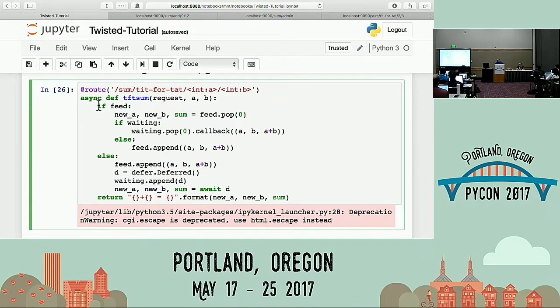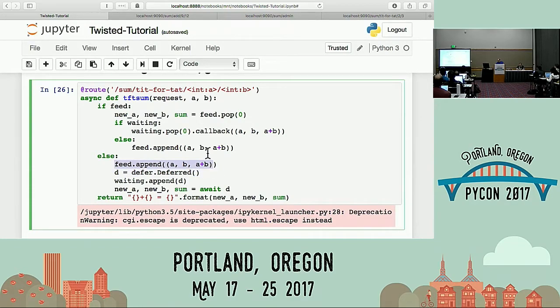So we can start with, if there's something in the feed, then we know no one's going to take it until we're done. So we take it. And now, if something is waiting, we add to the waiting. Otherwise, we append to the feed. And we know that when we're done, we'll be in some sort of consistent state. We'll have put it in one or the other. And if there's nothing in the feed,